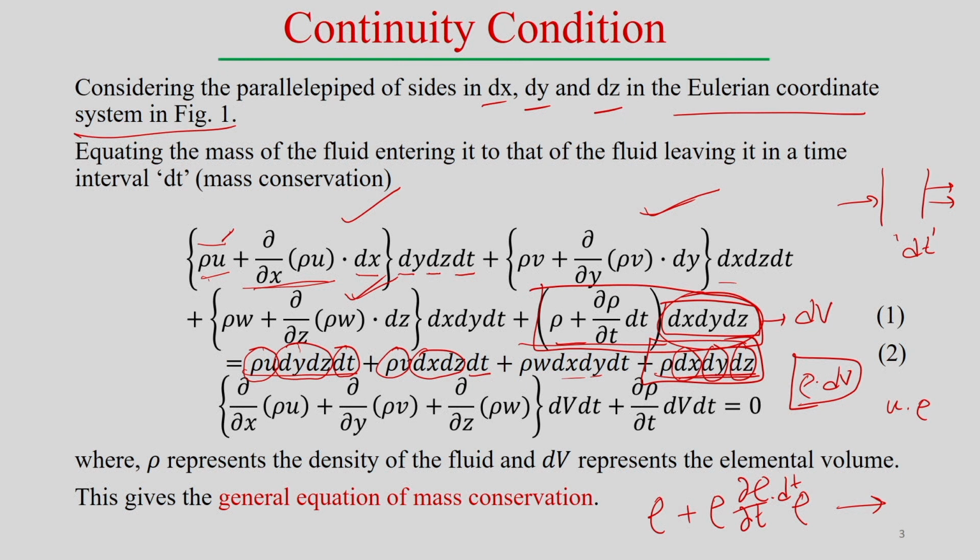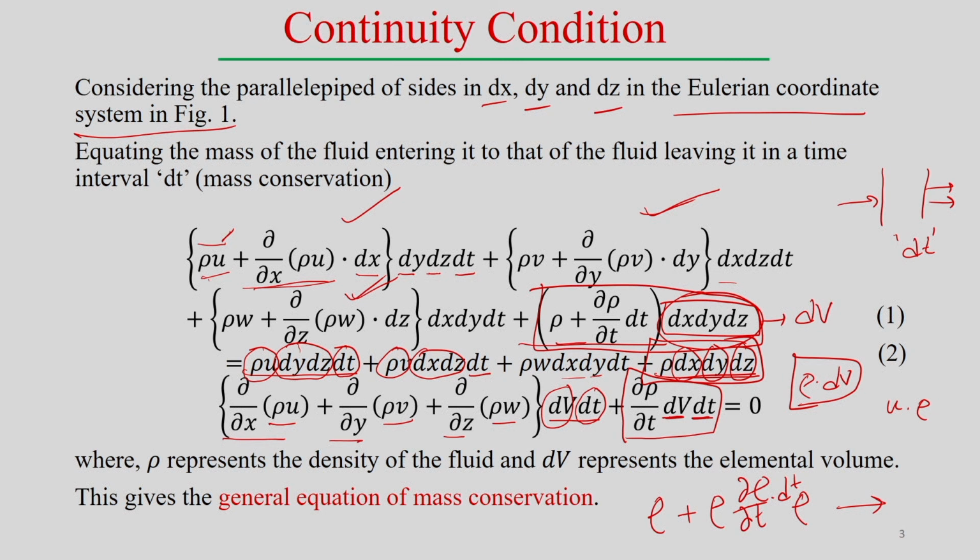So, in that case we will be able to get del by del x of rho u, del by del y of rho v, del by del z of rho w, dV into dt. So, over the elemental volume and over the time dt, and this also the changing of the density over the elemental volume over the time dt. Now, rho is the density of the fluid, dV represents the elemental volume, and this gives the general equation of the mass